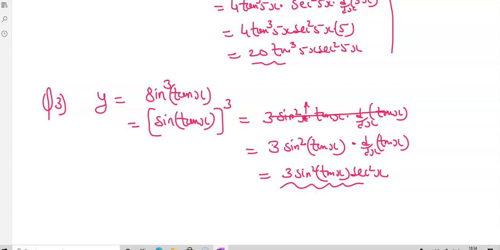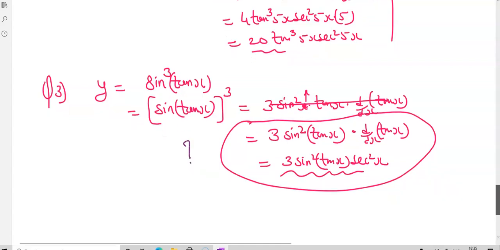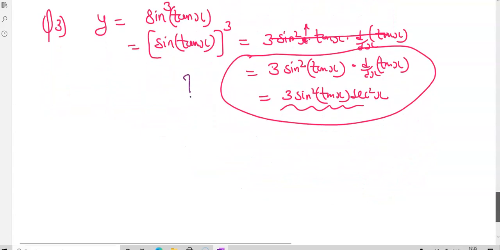There is still something missing, and this is the biggest silly mistake which a student does. Mistakes do happen. Now this is something you have to identify, where is the mistake. Take your time. Now I'll do it in my own way. It is 3. Let me change the color. It is 3